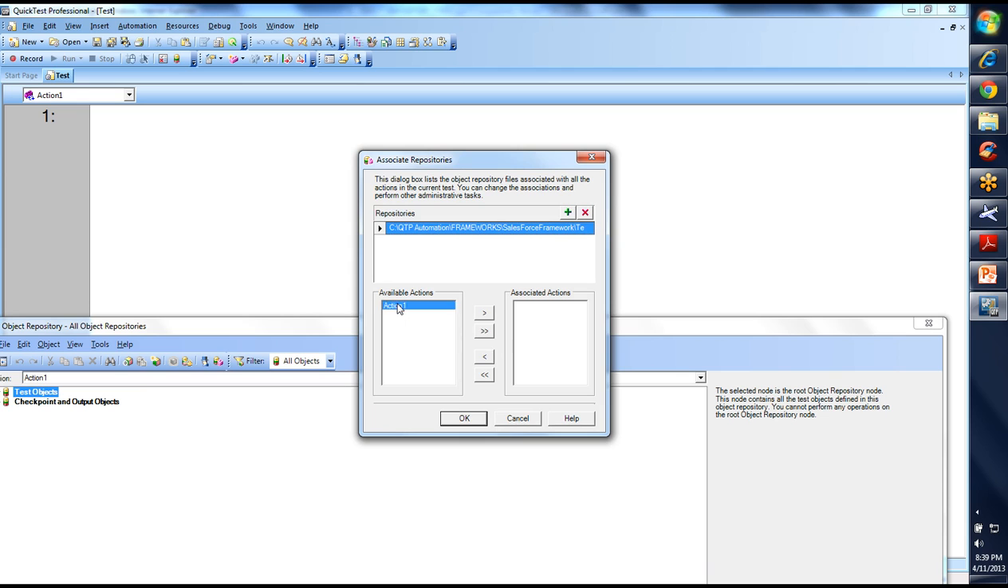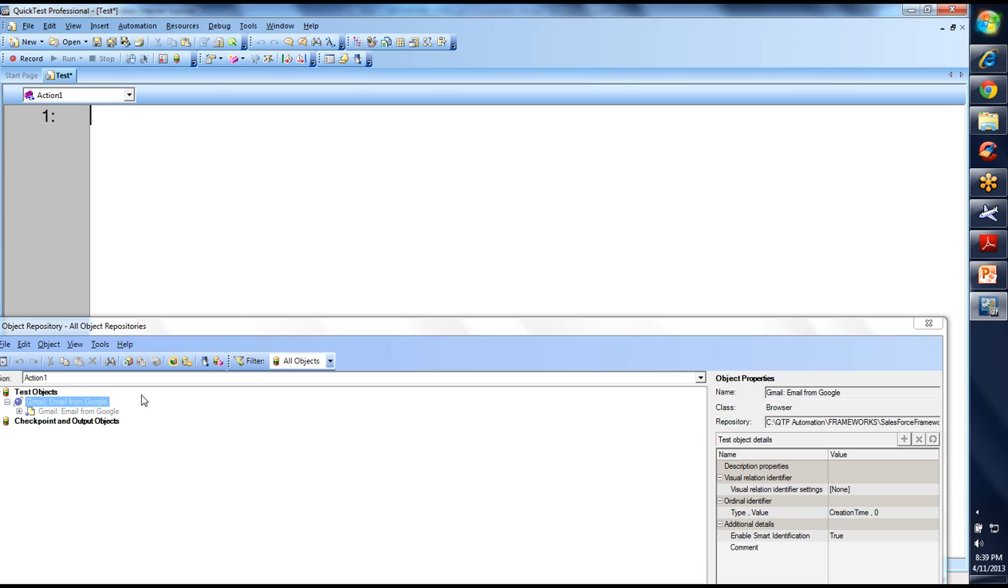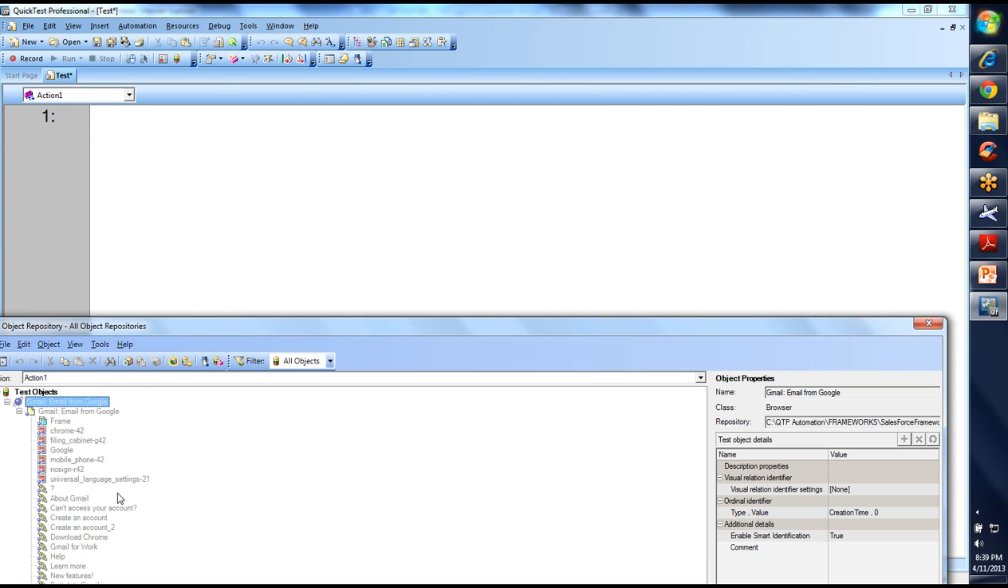You have given main, so main TSR. Okay, you select, you write select. See, all those objects whatever you have added got added. So once you associate, then another advantage is like